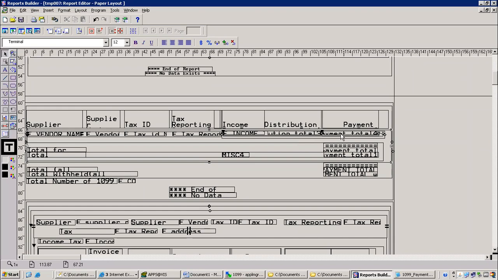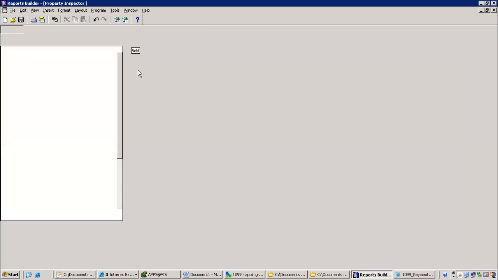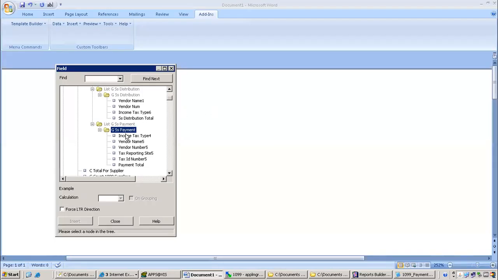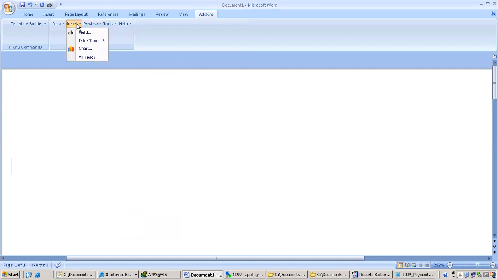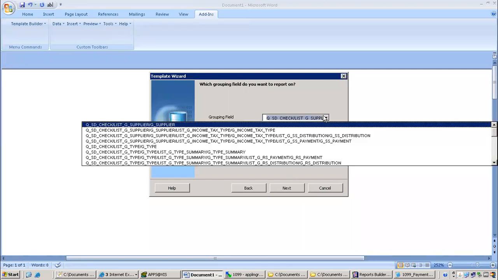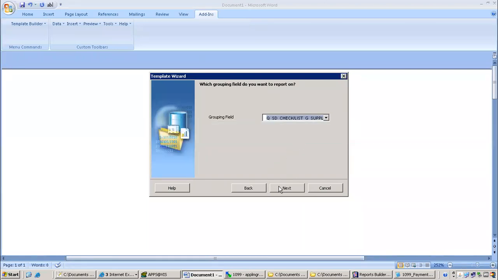In this case, I need to identify the lowest parent frame, F4 GSS payment. Yes, this is the correct one. So while inserting it, we have to take GSS payment, and this is a column payment total. So first go to insert, wizard, GSS payment. Next,